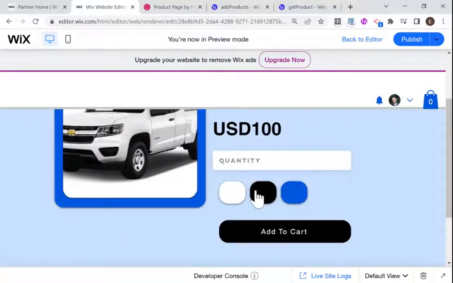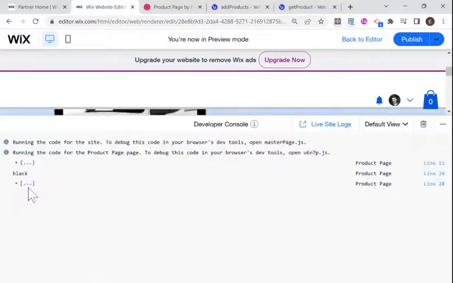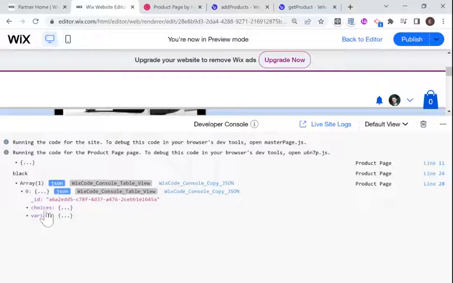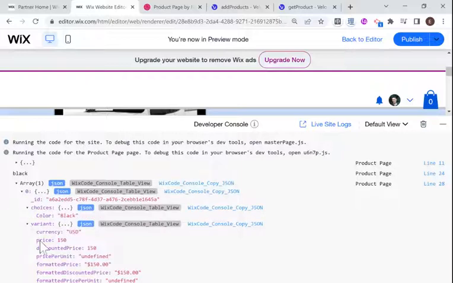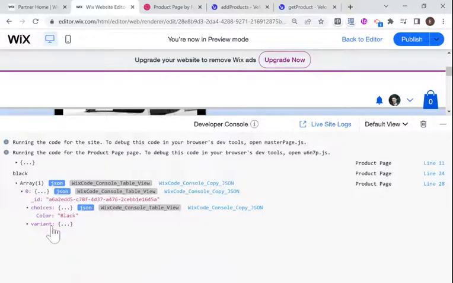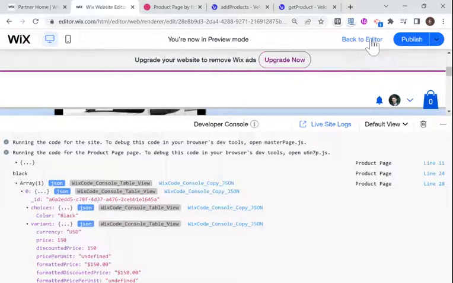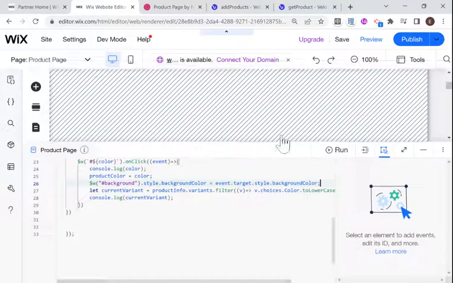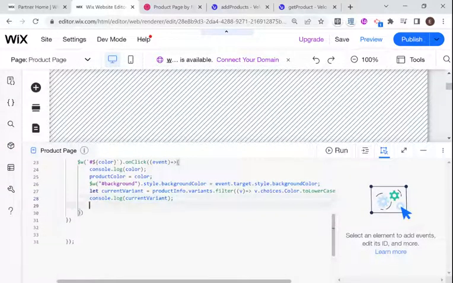And I'm just going to click on one of these. And then here I have my variant. Okay, so here choices, and here I can get my updated price. So now I just need to tap into variant price. So I'm going to go back to the editor, and now I'm going to say